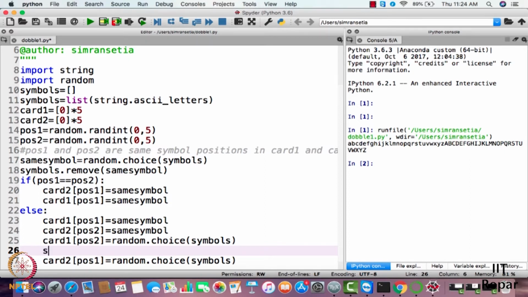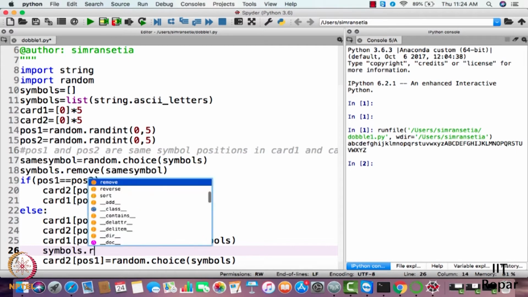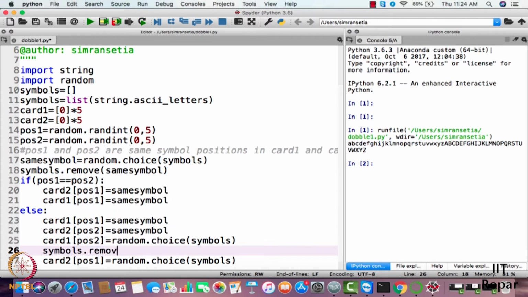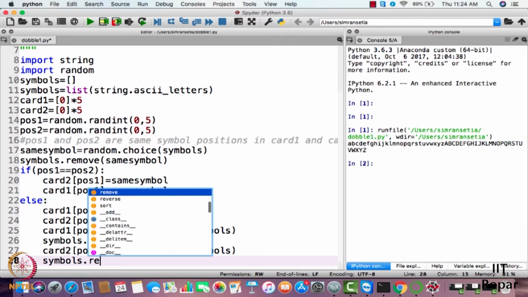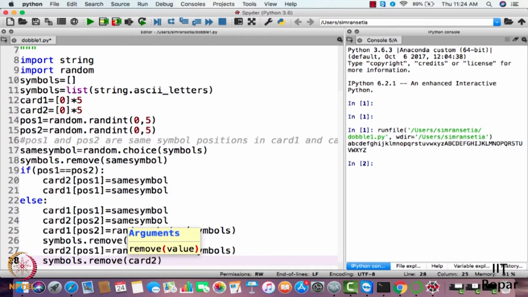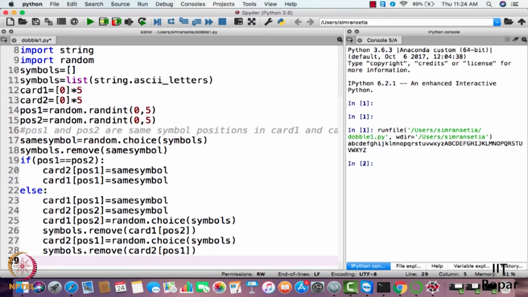So I'll just write here symbols.remove(card 1 POS2), and here also symbols.remove(card 2 POS1). So we are done with position 1 and position 2.